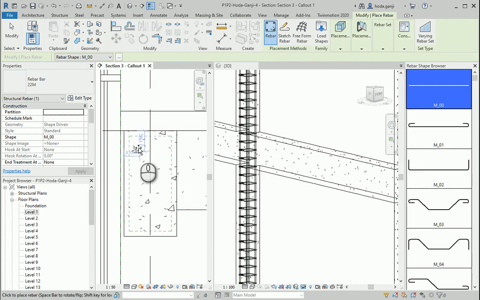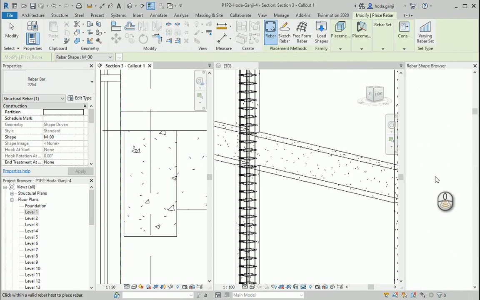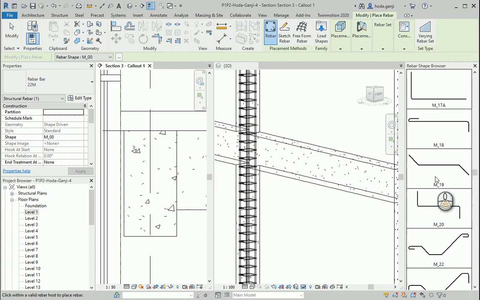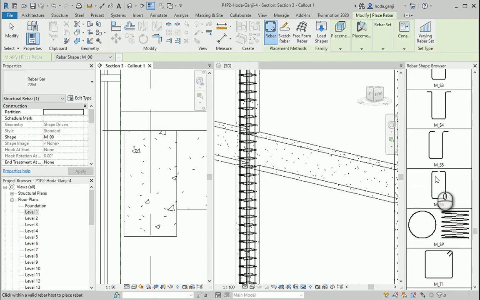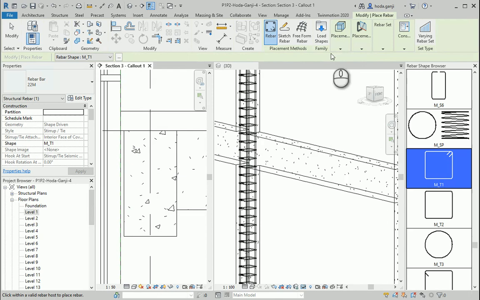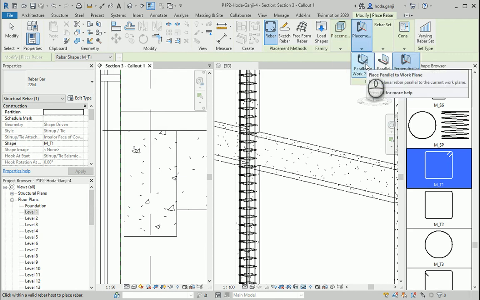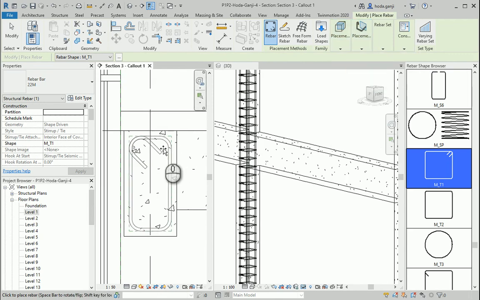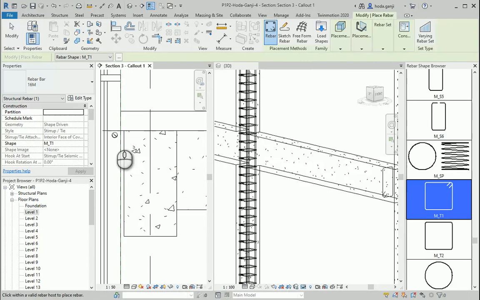Okay, for this beam, I want to have two sets of rebars. One of them is going to be this one, and I want to make sure that this is actually parallel to the work plane. Now if I hover the mouse around here, it's going to put the rebar. How about we go with like 16, and this is something you need to ask your structural engineer.